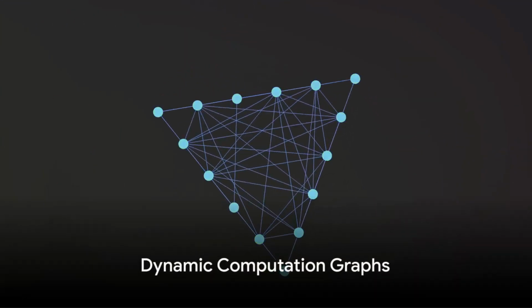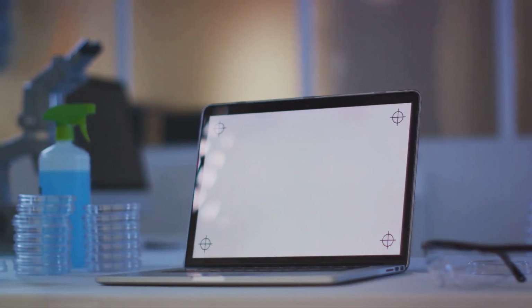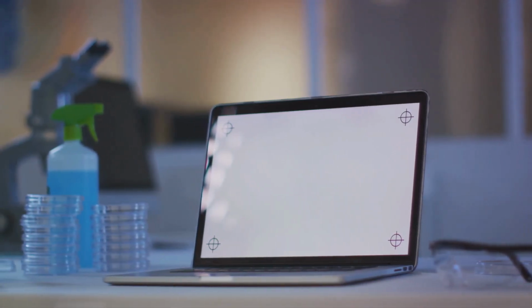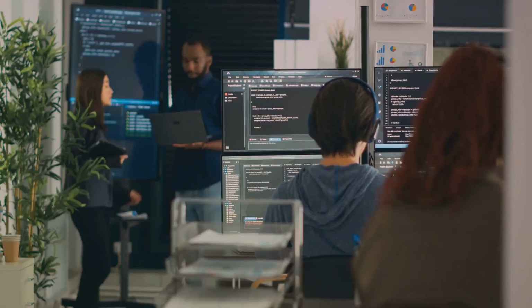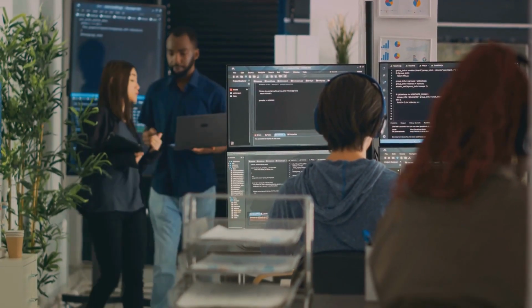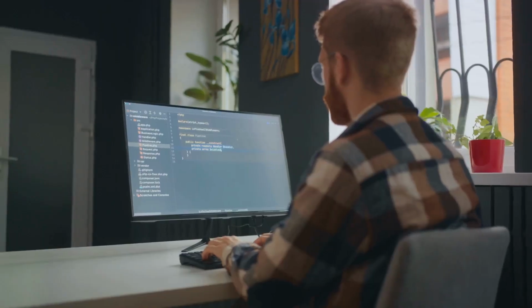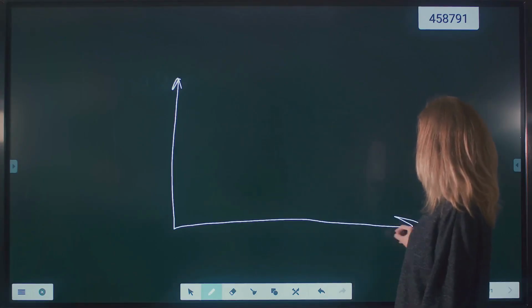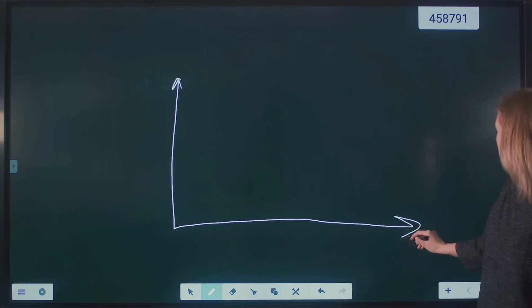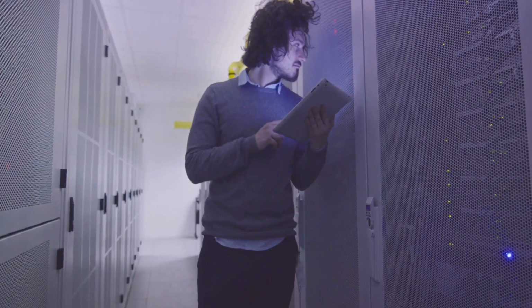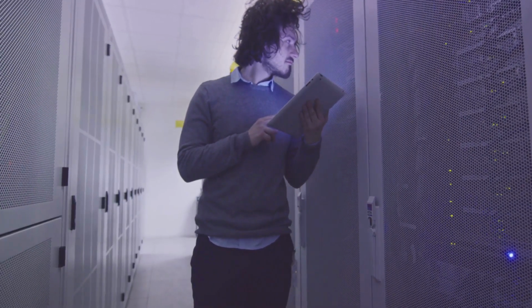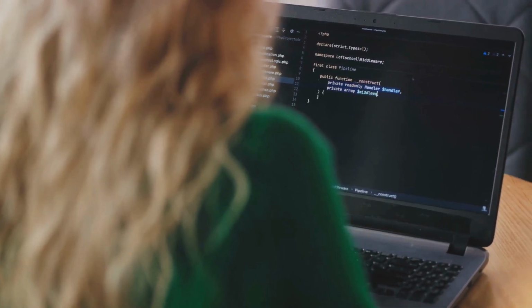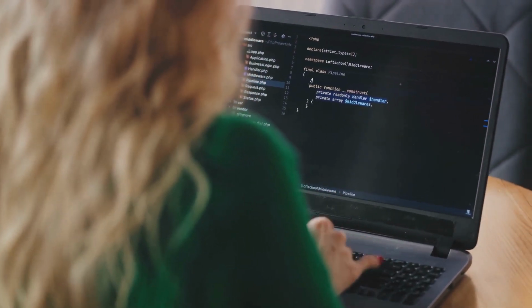But PyTorch isn't just about tensor computations. It also provides immense flexibility and speed during the implementation of deep learning models. How so? PyTorch utilizes a method called dynamic computation graphs. In contrast to static graphs used in other libraries, dynamic computation graphs enable PyTorch to change the graph on the go. This allows for a highly interactive and intuitive interface, which data scientists find incredibly valuable during the model development